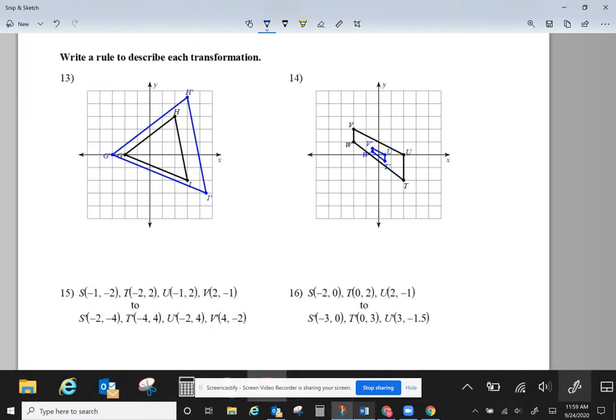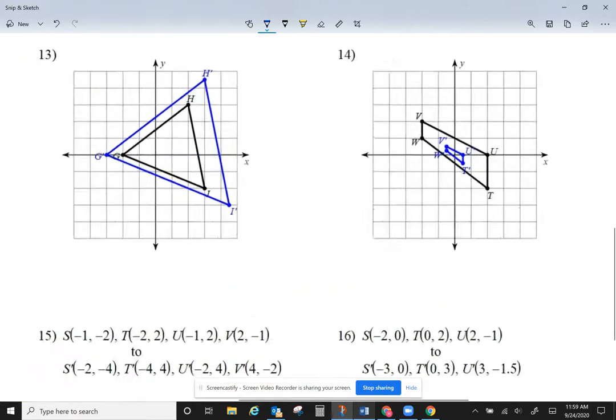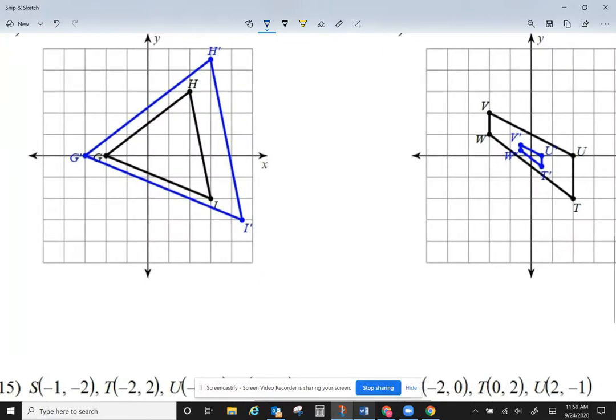We're going to do the rule: write a rule to describe each transformation. When it comes to graphs, looking at 13 and 14, dilation is easy to tell because the image got bigger or smaller. Number 13, we see that it got bigger. Number 14, we see it got smaller. Remember, we start with the black. And I know the blue comes after because each letter in the blue has the little apostrophe, which is what we call prime. So I know this is dilation. So I'm going to start with dilation